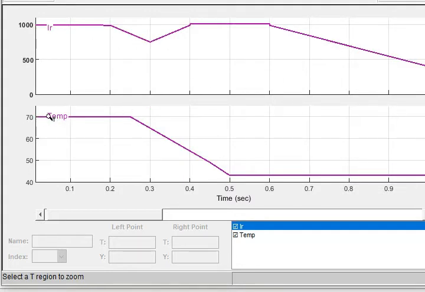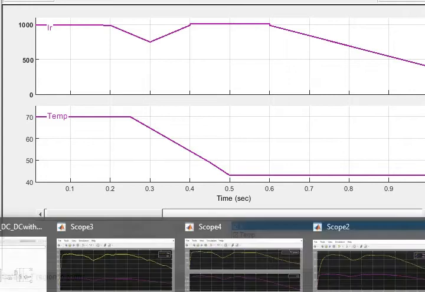There will also be some temperature effects, because at the start the temperature of the cell is 70, then it decreases, and then it's almost 42, staying constant at 42 for the remaining half time. So the main factor will be G: initially constant till 0.2, then decreasing, then increasing, and then constant again. We have deliberately chosen this variable G in different shapes to verify the results of this PV module.